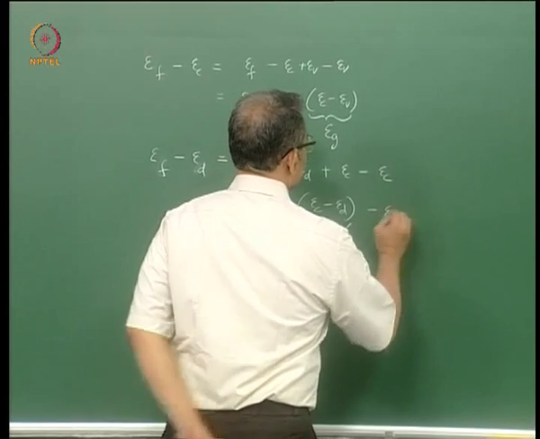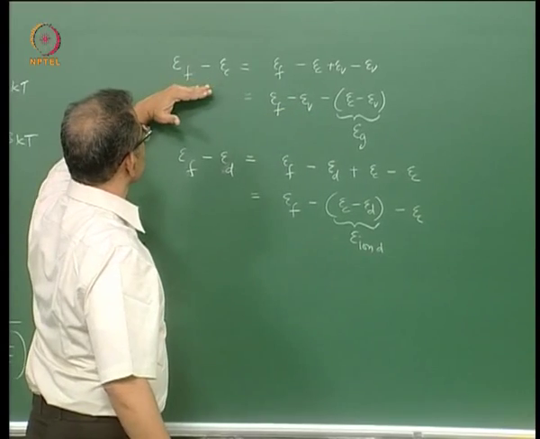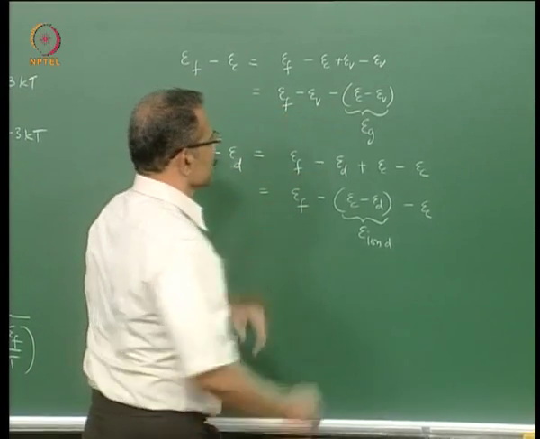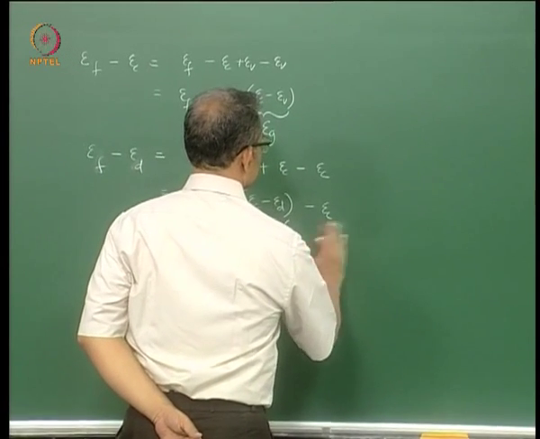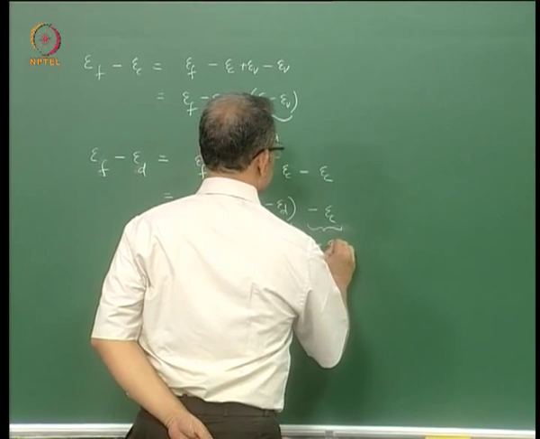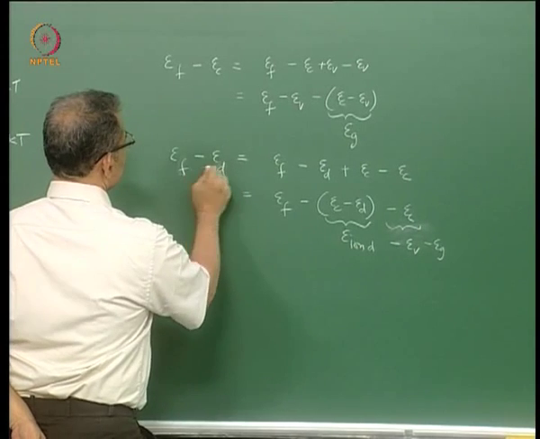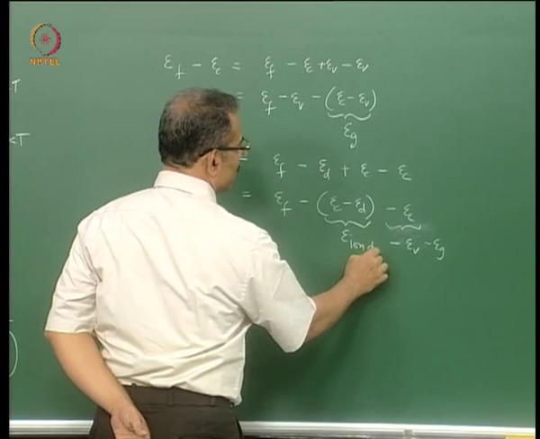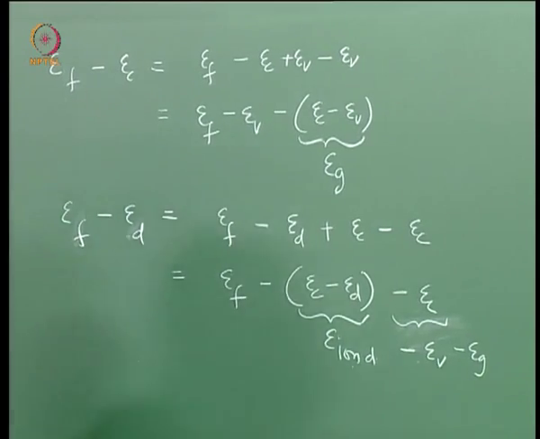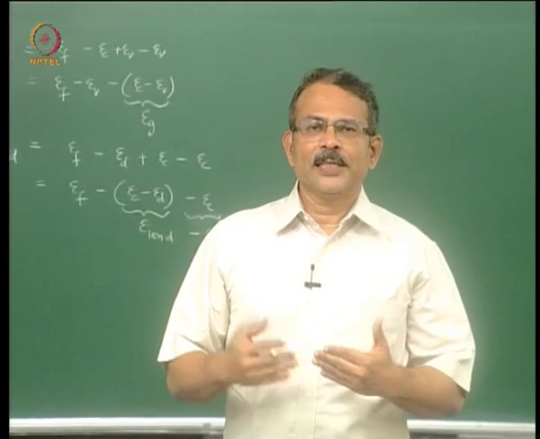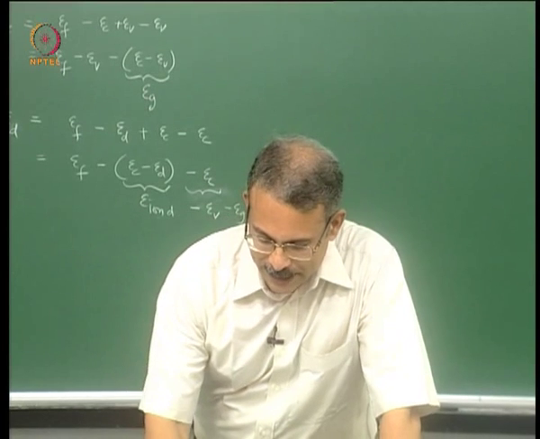So minus Ec. Now this minus Ec you can always convert it into Ev as shown here. So you can see Ef minus Ec was Ef minus Ev minus this. So I can write this part as minus Ev minus Eg. So your Ef minus Ed is Ef minus ionization energy of the donor minus Ev minus Eg. So like that you can convert each expression into an expression containing Ef and Ev. Then you can solve for Ev minus Ef.